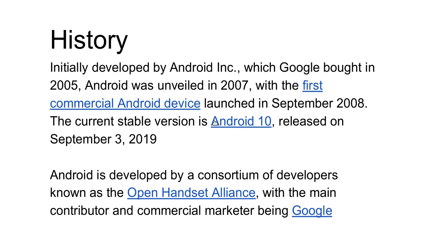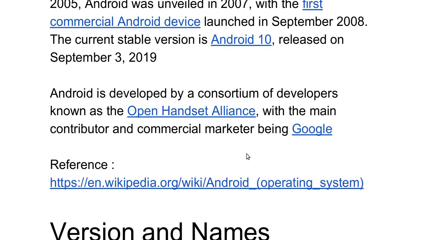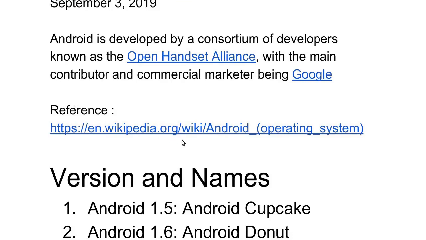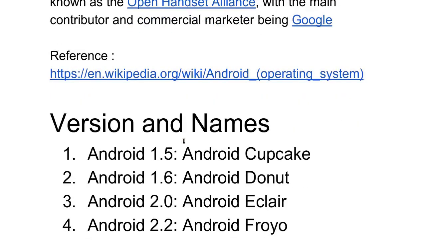So the current release is Android 10, and initially it was open source, and then it was bought by Google. So now Google is the owner of Android. If you really would like to go into the details of the history, then you can go to the Wikipedia page for the Android operating system.